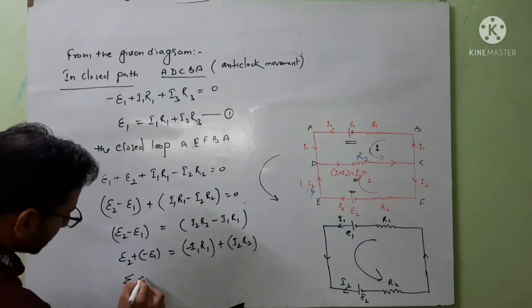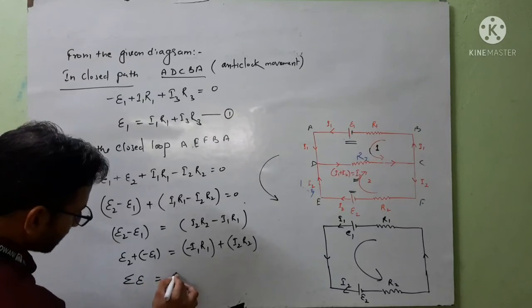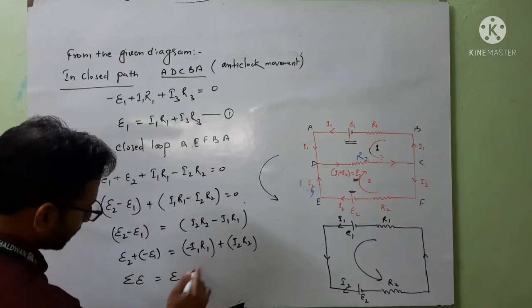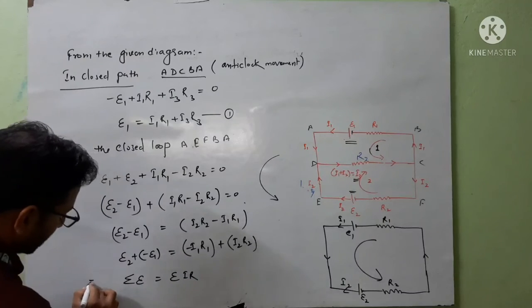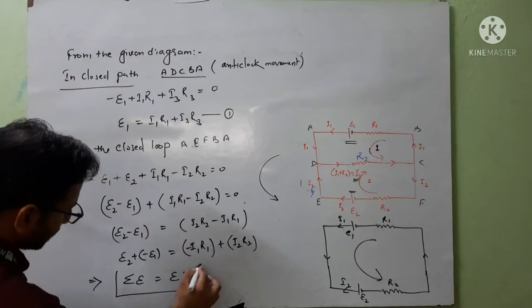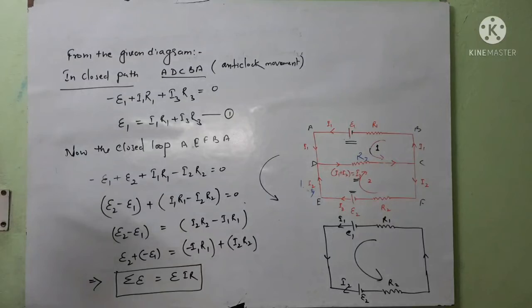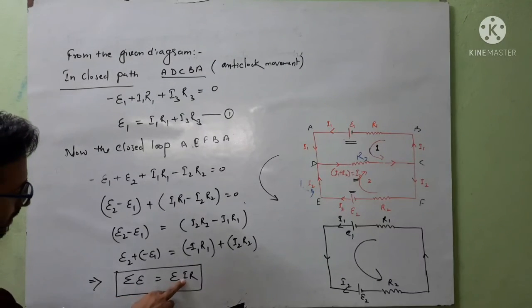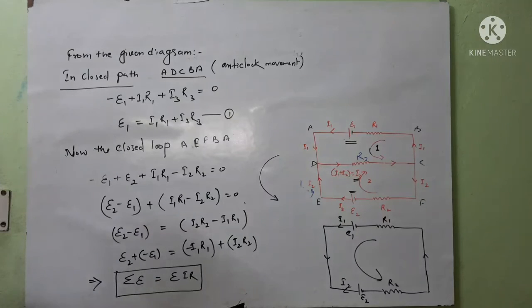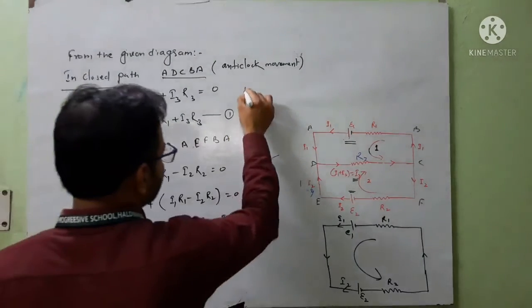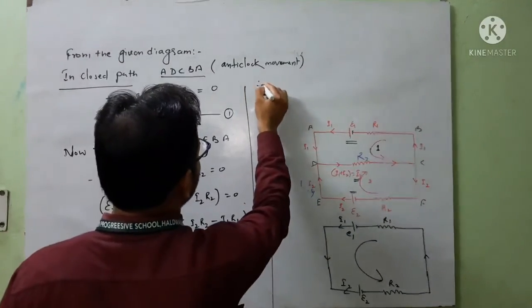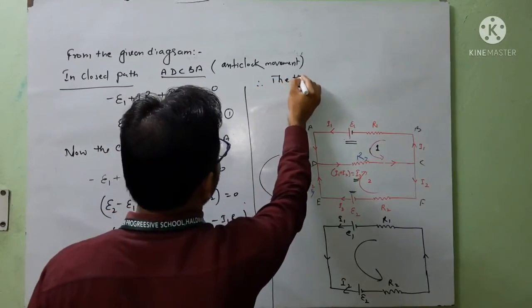So we can use the algebraic sum symbol here and here also. It implies this. From this calculation we get that the sum of the products of current and corresponding resistance is equal to the algebraic sum of all the EMFs of the cells. So here we can say, therefore,